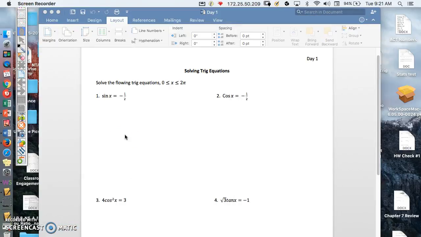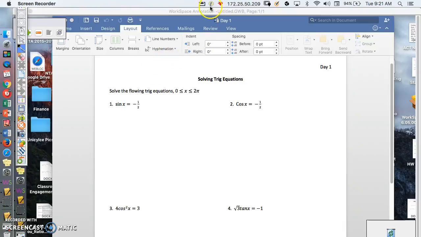So today we're going to look at the first day of chapter 7, and we're going to look at solving trig equations. And all of these we're solving within radians, between 0 and 2 pi. So we want to know for what angle, we're trying to find the angle, is the sine of x negative 1/2. Well, we know that in any triangle here,